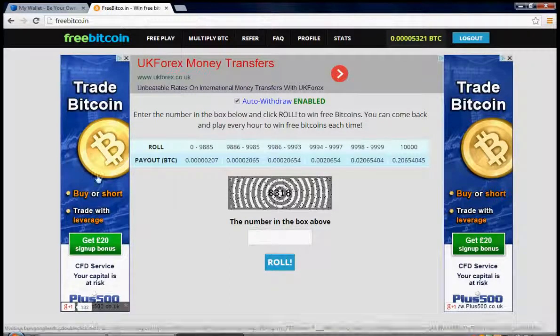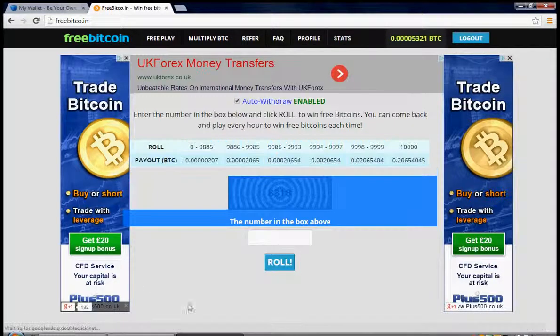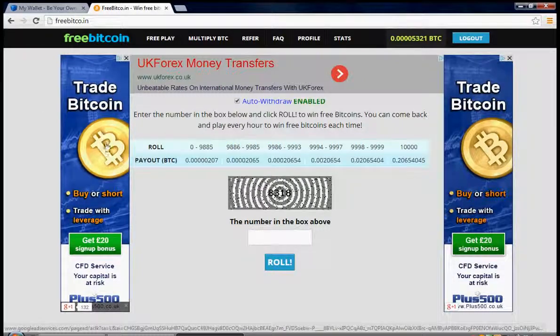Let me just see if I can highlight that. Right, so you've got ads on the left, you've got ads on the right, and you've got ads going on the top. This is how they're making their money with the ads. They get a certain amount of revenue every time they get an impression or a click on these ads. But not just that, a lot of the time the people that own these sites have been mining Bitcoin for maybe years, for a while, and